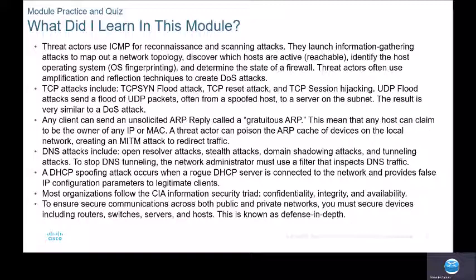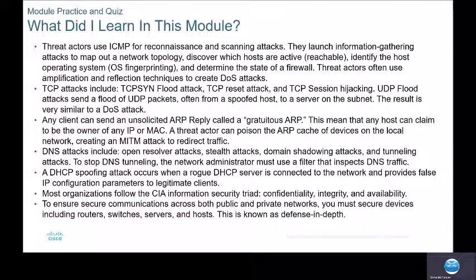redirect traffic. DNS attacks include open resolver attacks, stealth attacks, domain shadowing attacks, and tunneling attacks. To stop DNS tunneling, the network administrator must use a filter that inspects DNS traffic. The DHCP spoof attack occurs when a rogue DHCP server is connected to the network and provides false IP configuration parameters to legitimate clients. Most organizations follow the CIA information security triad, which of course stands for confidentiality,